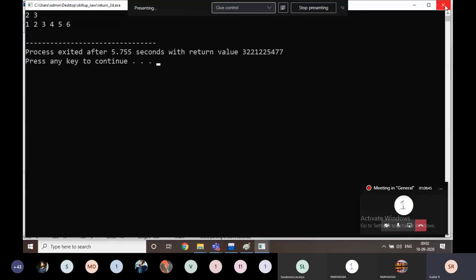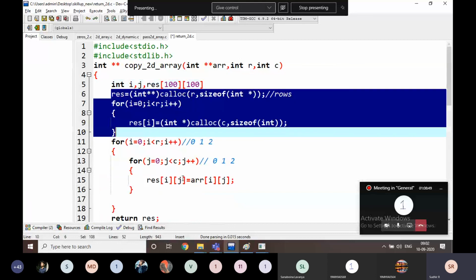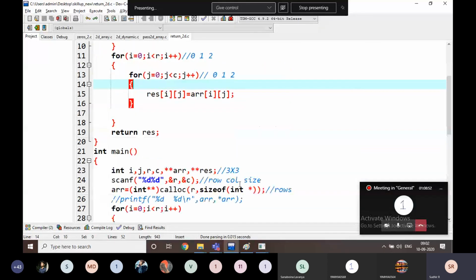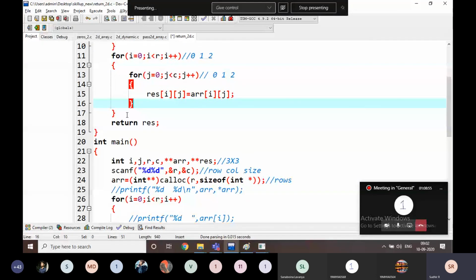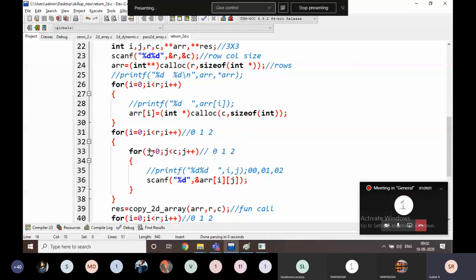Okay. Not working. Okay. And the main function. This is the main function here.